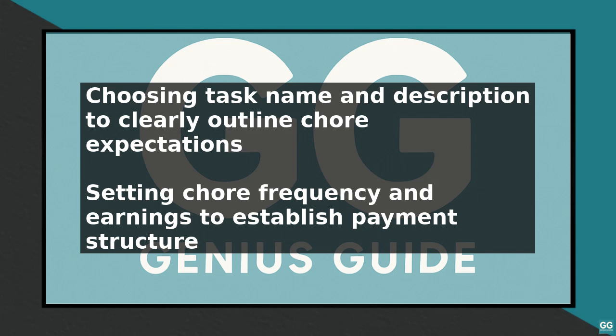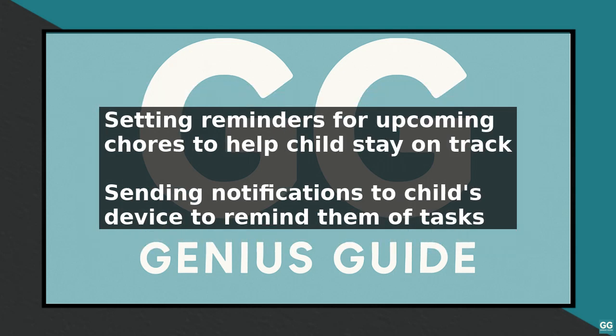To help your child stay on track, you can also set reminders for upcoming chores and due dates. This will send a notification to your child's device, reminding them of the task that needs to be completed. Once you have set up the chore, your child can log into their GoHenry account and view the task details. They can then mark the chore as complete once they have finished the task, and the earnings will be transferred